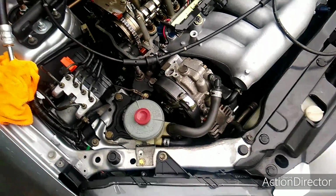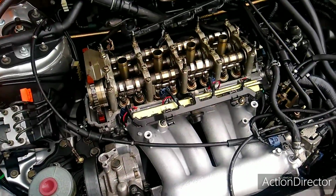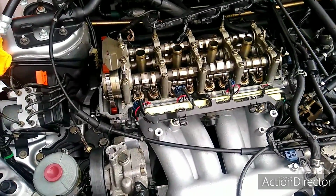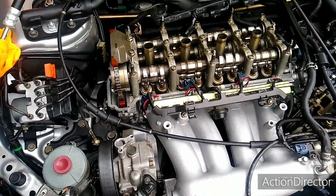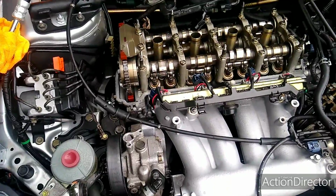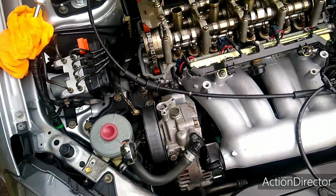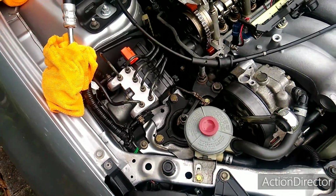Okay, so I'm doing a valve adjustment on the K24 today. Well, I'm just checking them actually. I don't know if they need to be adjusted or not. The place I bought the engine from said it had 70,000 on it, so who knows how many miles is on it. But anyway, I want to show you a quick way to get it to top dead